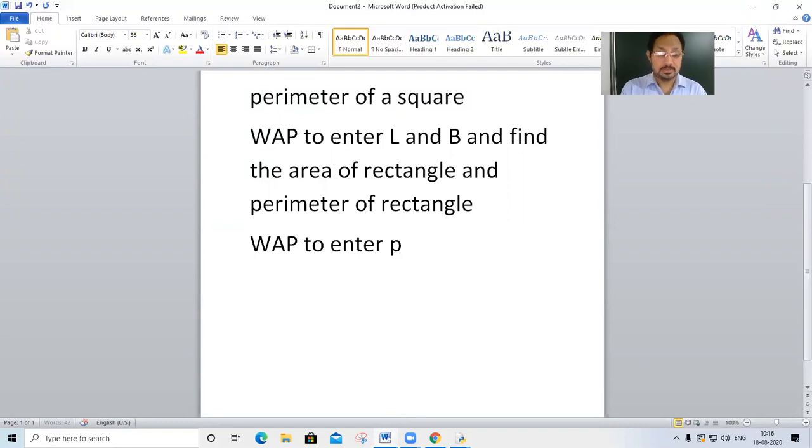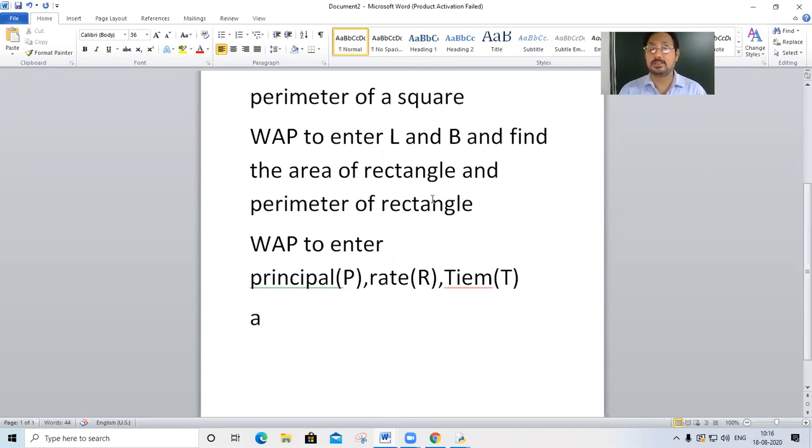Write a program to enter principal, for which I will take variable P, rate, for that I will take R, and then time, for time I will take T, and calculate simple interest.